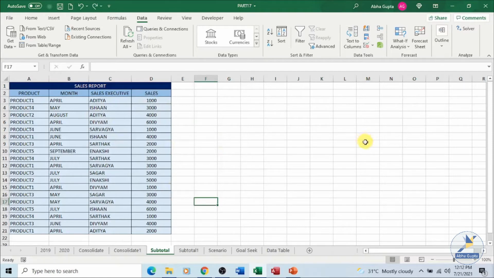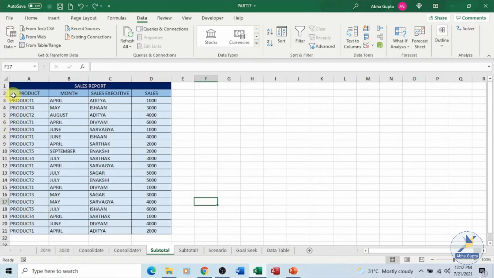So instead of counting or creating a different table for all of them, we can make use of the subtotal function. The subtotal function in Excel allows users to create groups and then perform various Excel functions on them. Maybe you want to calculate the sum, or find a count of all the products, anything. So it helps in analyzing and summarizing whatever data we have in hand. Since we are trying to group the data together, it is advised to sort the data before applying the subtotal command to it. If we want to perform the subtotal on the products, we should sort it on the basis of products.